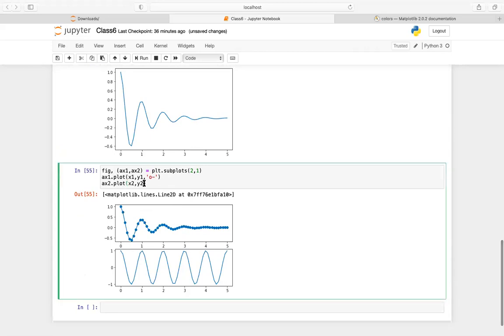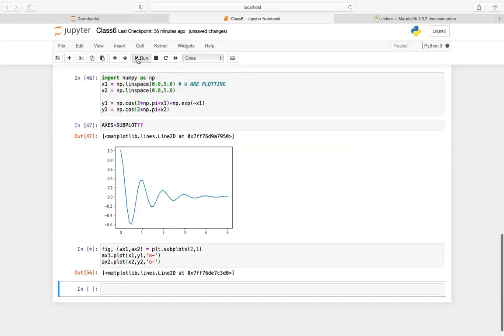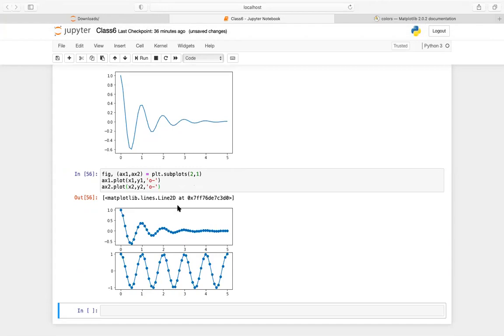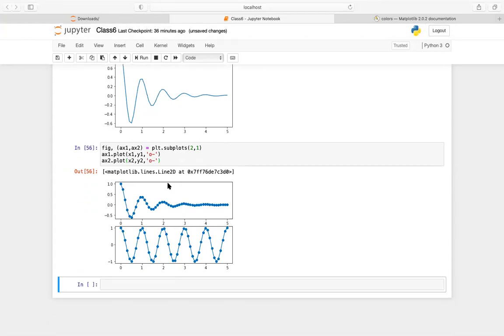Here also I wanted to mark the same thing. So 'o-' should give you this. Yeah, you can see this comes in this way and this comes in this way.